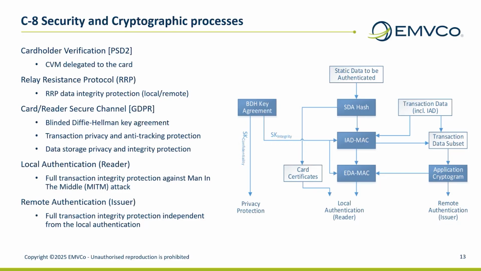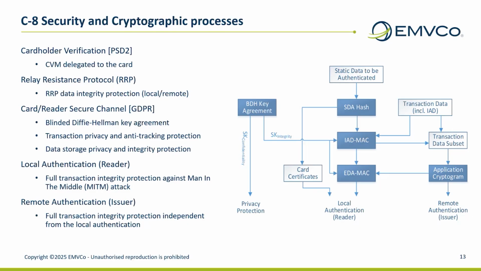First, we have the card static data that is hashed by the terminal and used when processing the card public key certificate, but that is also fed into a MAC calculation along with the dynamic transaction data. This MAC is called the IAD MAC. The IAD MAC is central in many ways. It is fed into the EDA MAC, which provides for the local authentication, but it can also optionally be fed